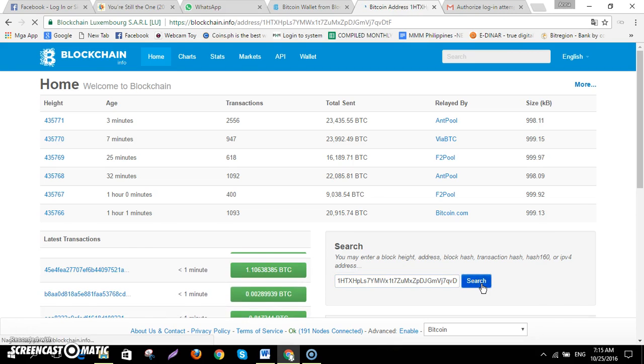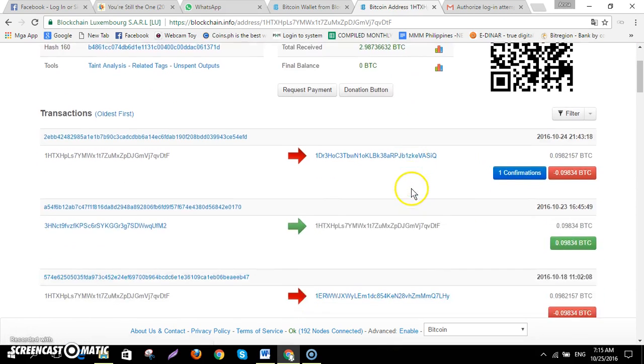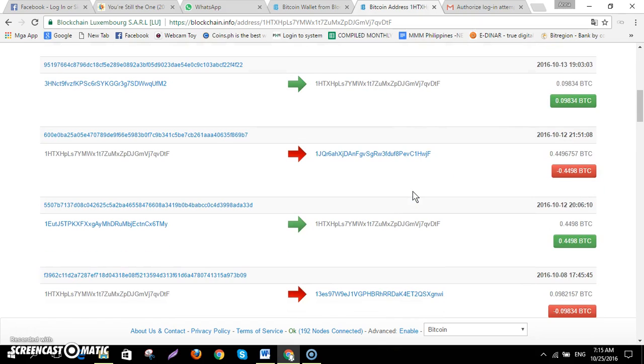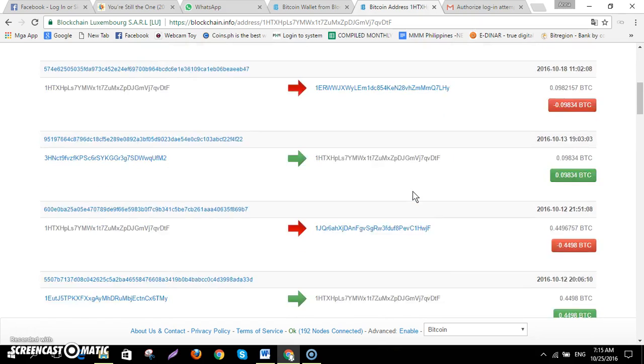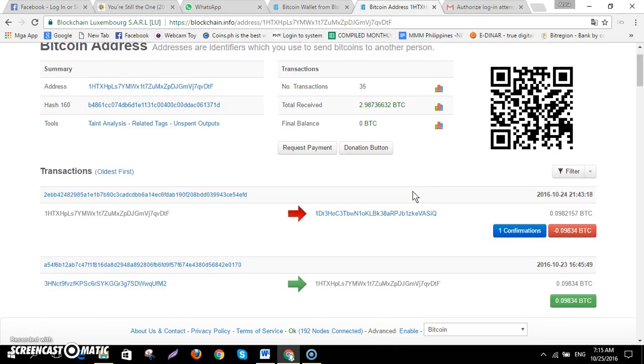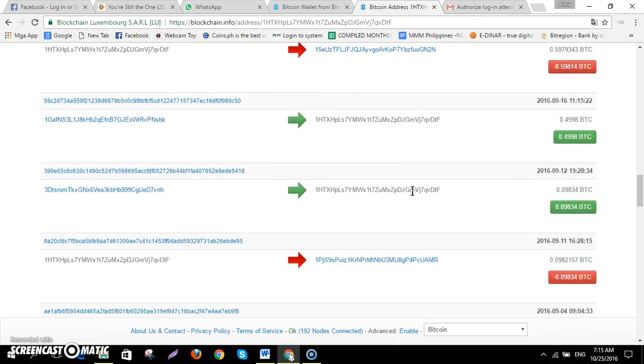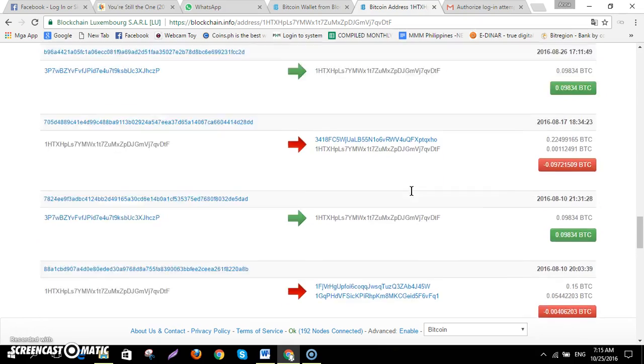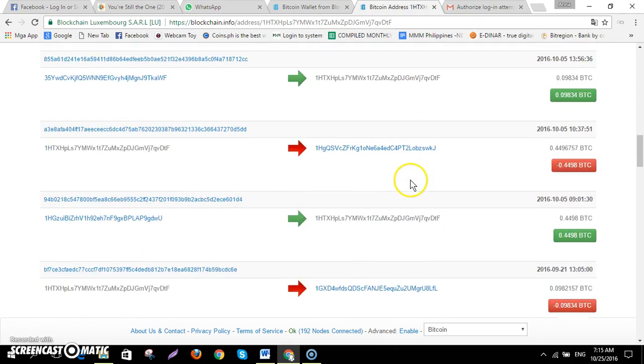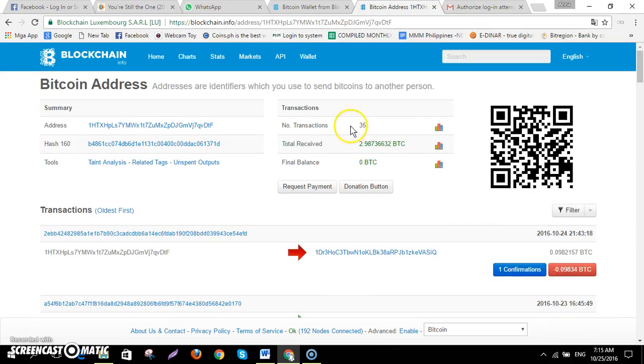Click search, and there it goes to the information details as blockchain gives you the complete information about the activity of a certain wallet. So that's it. These are the transactions. I already received 35 transactions. Total received Bitcoin is 2.98 and the final balance is 0 as of now.